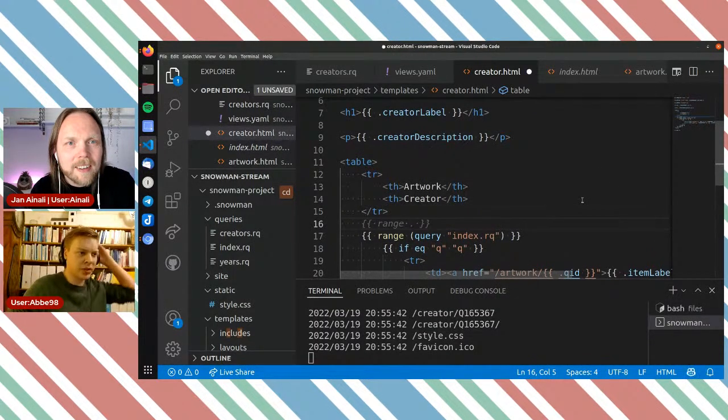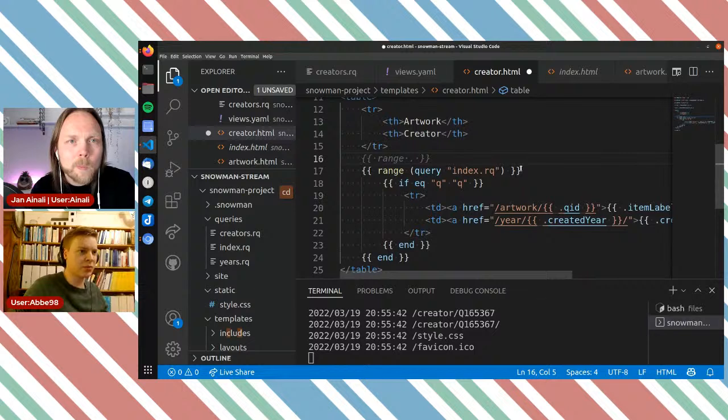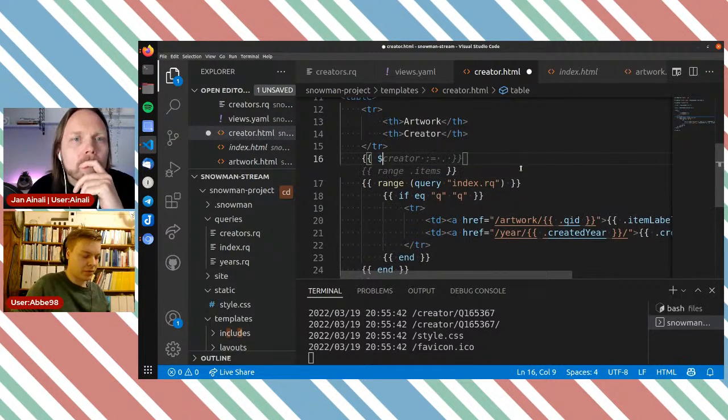But then we want to do this query here, and it gets a little bit more complex here. We want the QID here of the creator to begin with. So let's put that into a variable. So that would be, let's call that creator QID. No, let's call it QID.